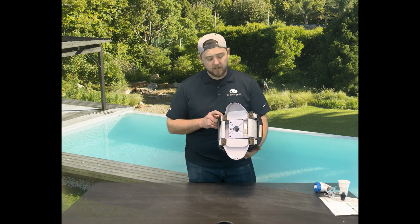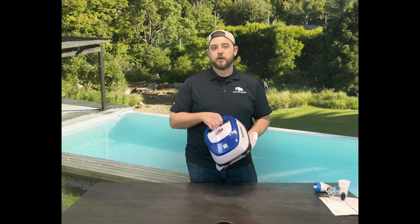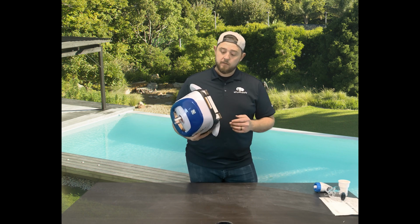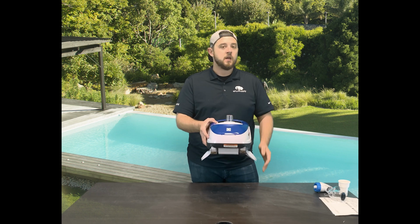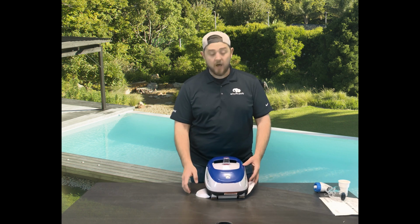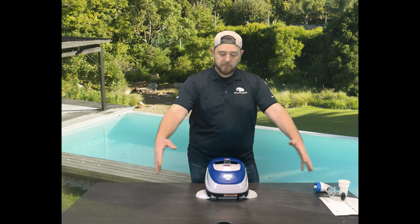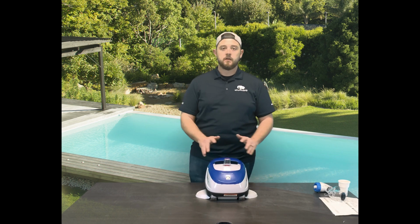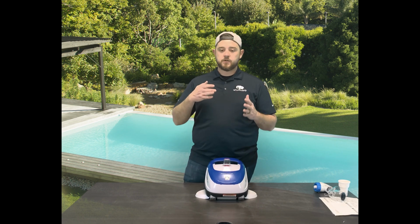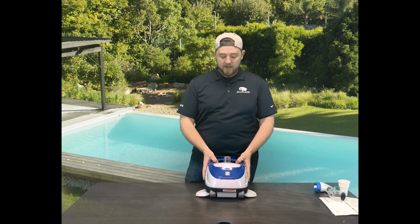Again, all these parts, make sure you guys stay tuned. We've got plenty of videos where we're going to rip this thing down and completely rebuild it for you, so you can see how all the working parts move. But it's very simplistic. It's got an oscillator kind of system in there with wings on it. As the suction comes in from the top, it spins that thing really fast, which agitates this thing across your floor. Very similar to a lot of suction side cleaners. These little flaps move up as it walks, which helps give a brush for debris, and hopefully you're pushing everything towards the face of the cleaner. Internally, everything's randomized, like every suction cleaner. So it's not running off a specific gear set where it's going to learn your pool. It's going to go a random direction, stop, turn around. It's going to go another way, stop, turn around. So everything's random, but